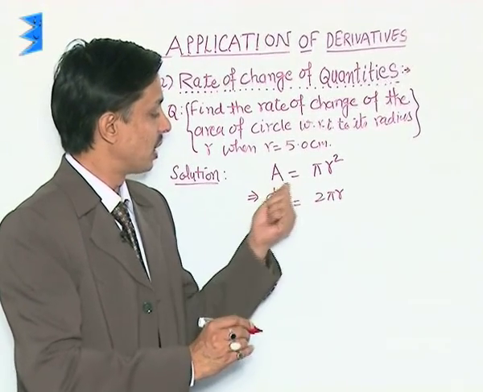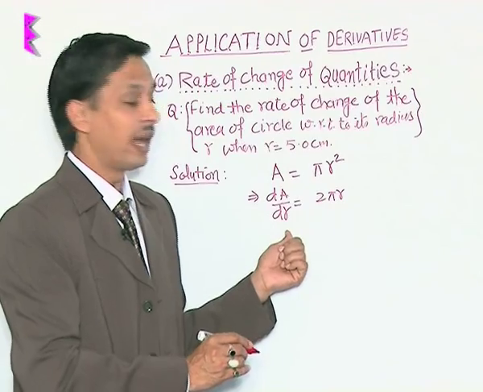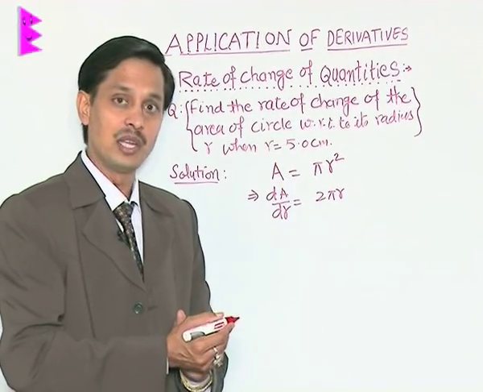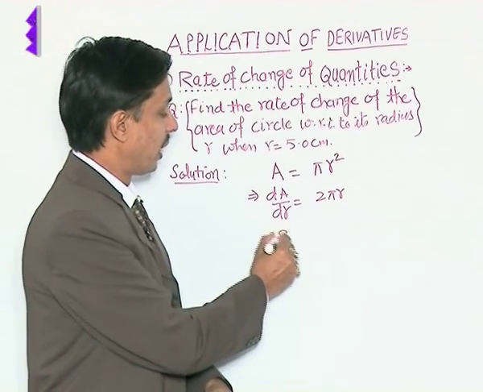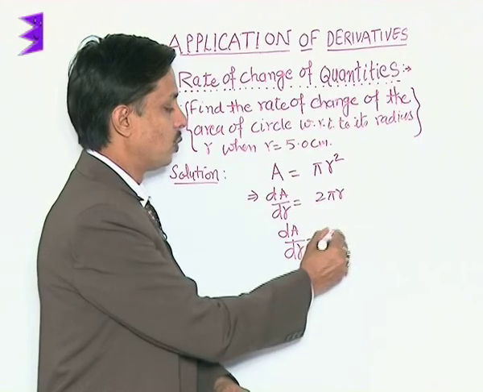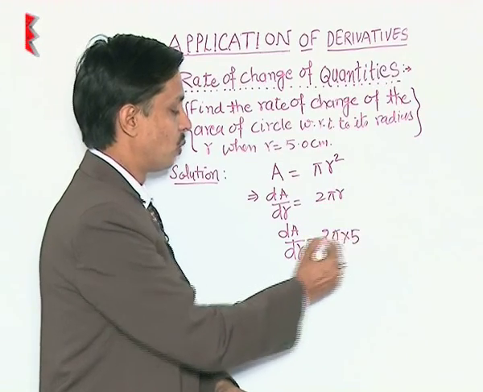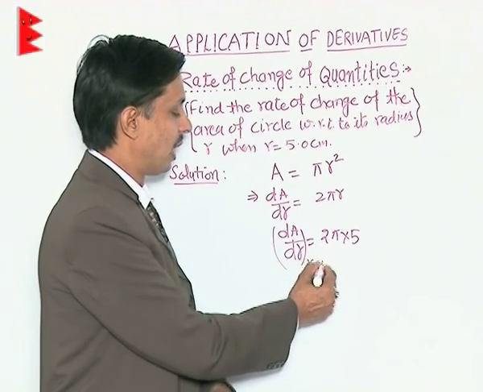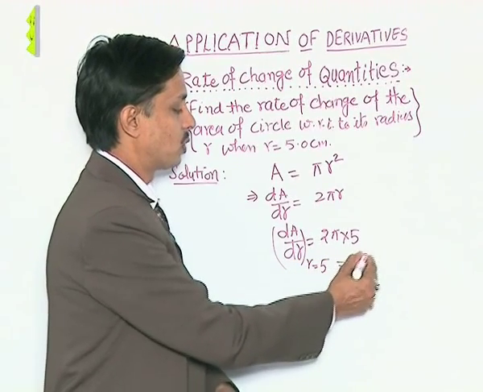But they are asking the rate of change in area at the particular time when the radius is 5 centimeter. So, dA upon dr is equal to 2 pi r, which means 2 pi times 5. The rate of change in area at the moment when the radius is 5 is equal to 10